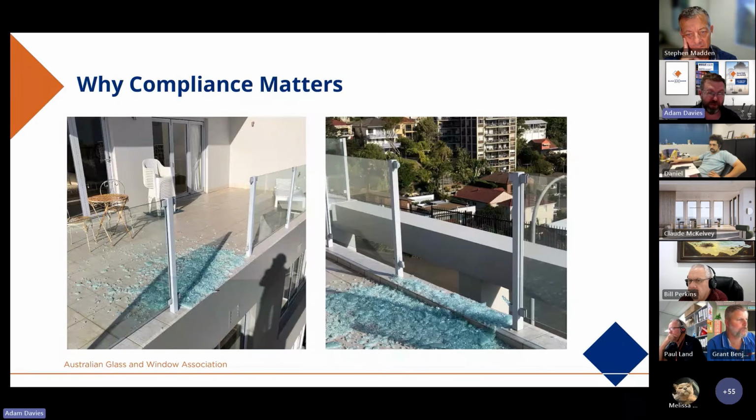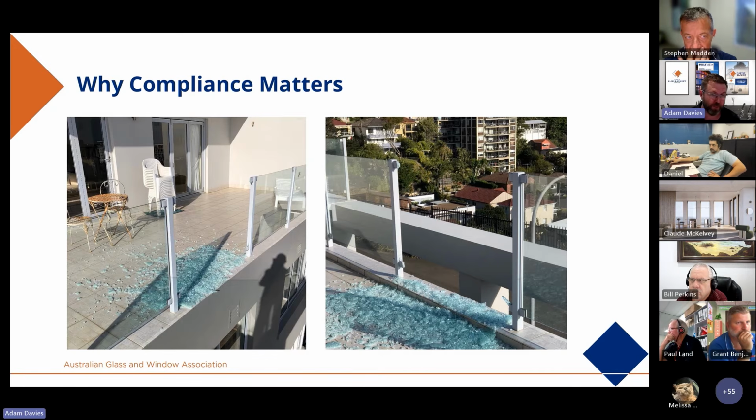This is representative of a court case that AGWA was involved in. So this is not specific to what I'm about to discuss, but the barrier installation was the same. It was a mechanically fixed, toughened panel with no top rail. And in the case that we're involved in, 2 teenagers were wrestling on the balcony, and as they were wrestling, they impacted the barrier. Now the barrier failed, and they fell 4.5 metres, and both of them unfortunately were left